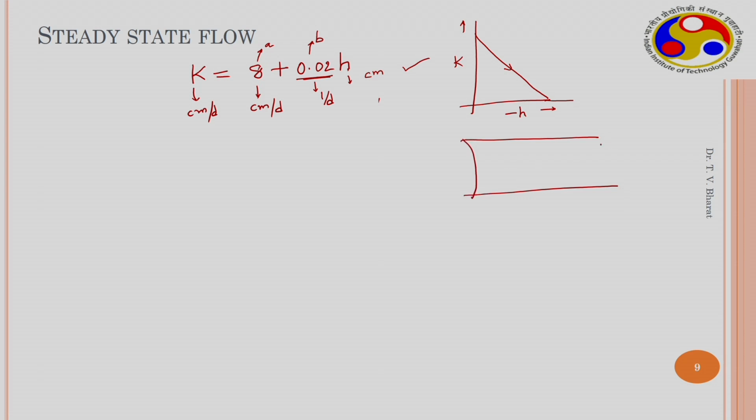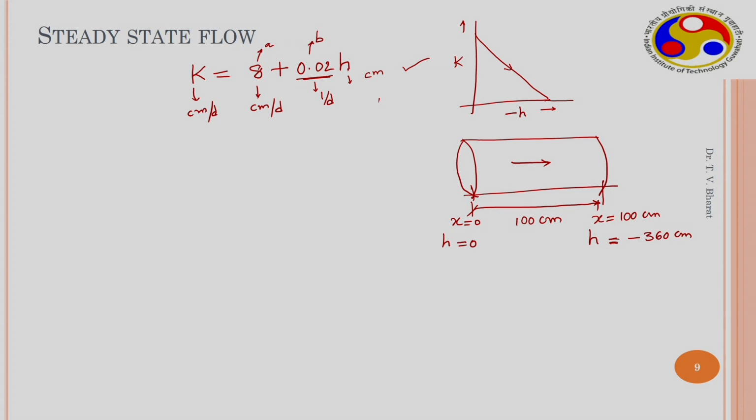The soil column which is considered is 100 centimeter long. The boundary condition here at x equal to 0 is that h is equal to 0, so that means it is completely saturated, and at x equal to 100 centimeter, the head is equal to minus 360 centimeter. So under this condition, head is 0 here, head is negative minus 360, therefore the flow should take place from left to right. So this is how it should change.